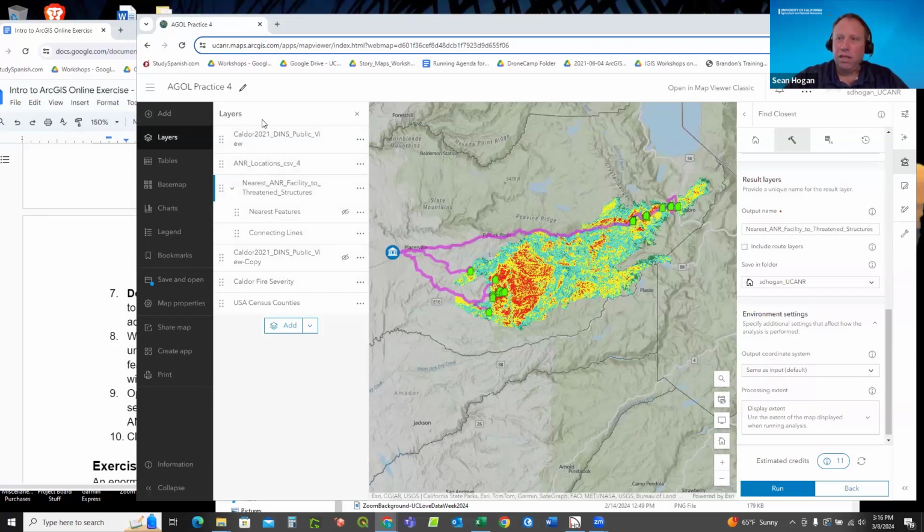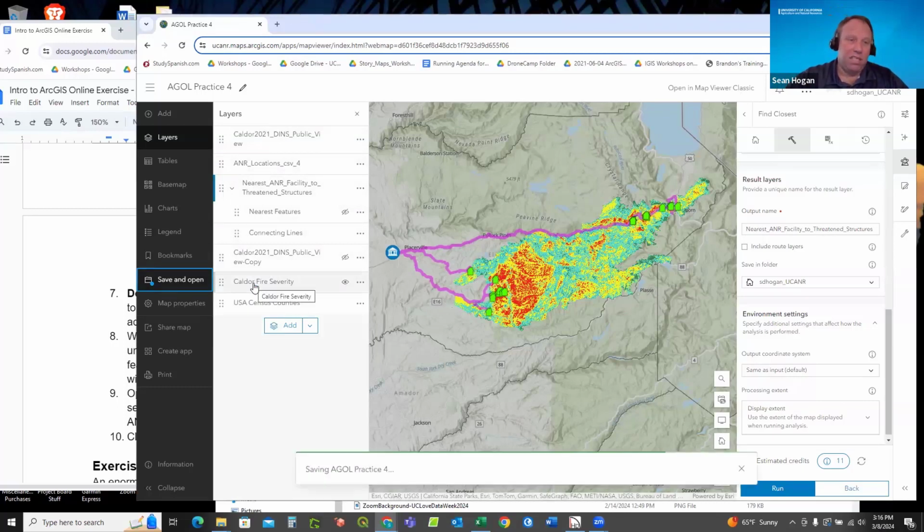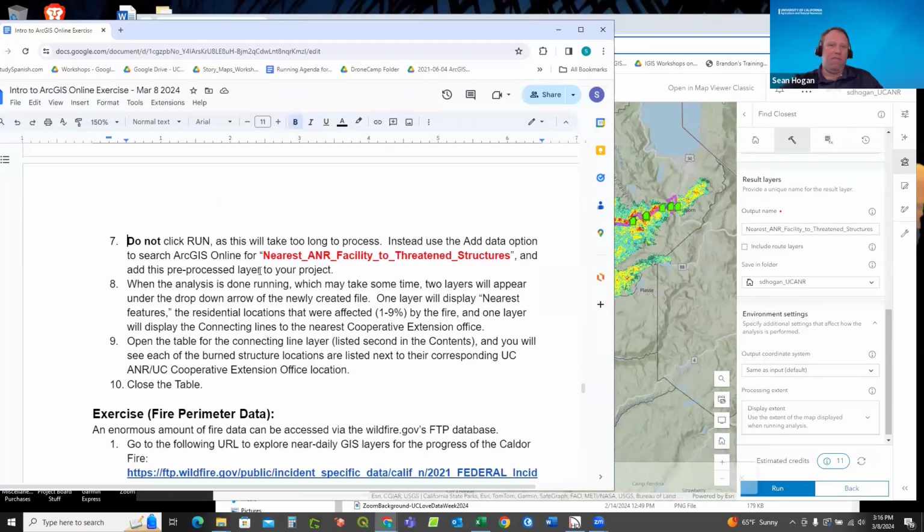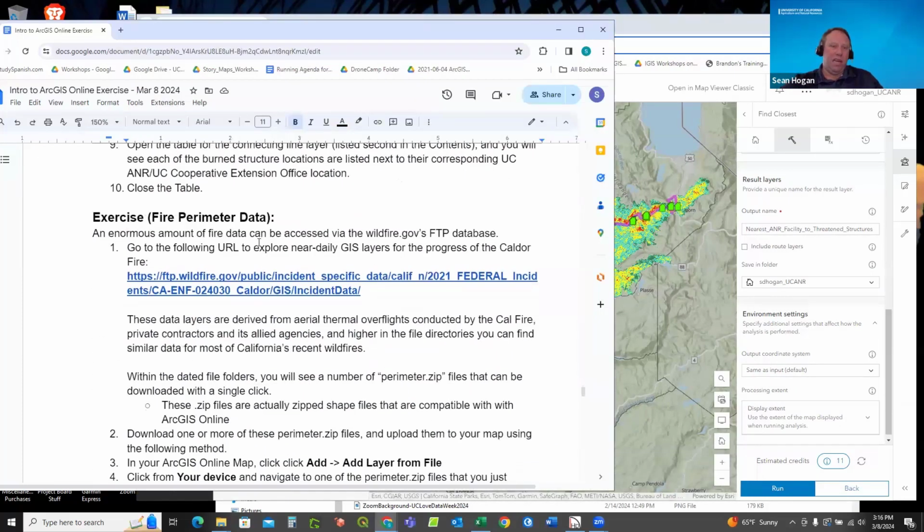Now, once we've done this, it's a really good time to save. Save the document. And because you've already saved it once, you don't have to add a tag in there again. But now we have most of the map that we need. I'm going to scroll down. We'll add in